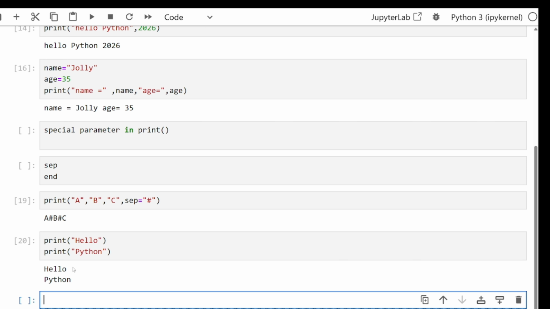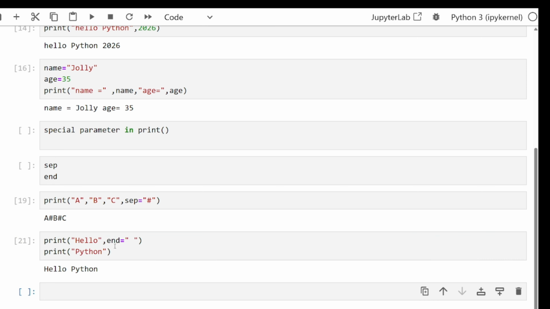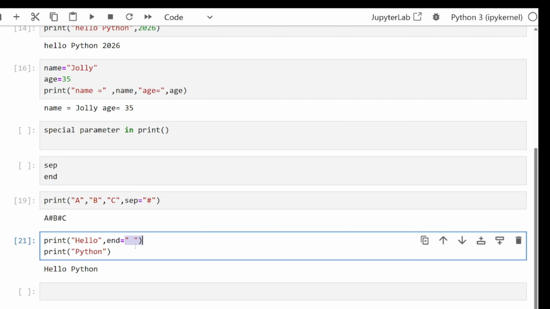Now if you want to print in the same line, then add end equal to this. Now it is ended by a space.